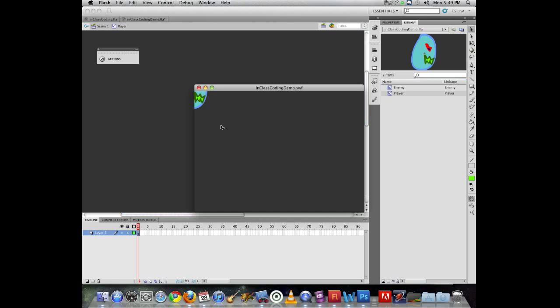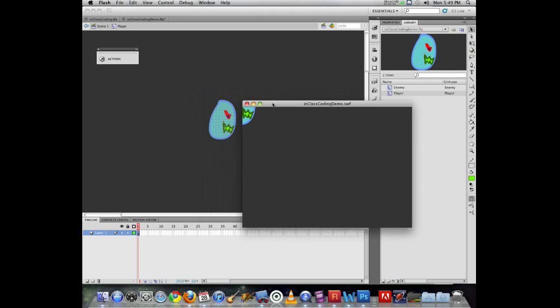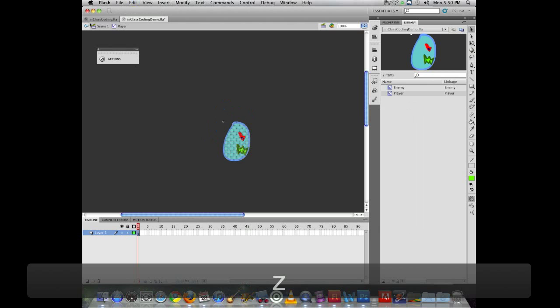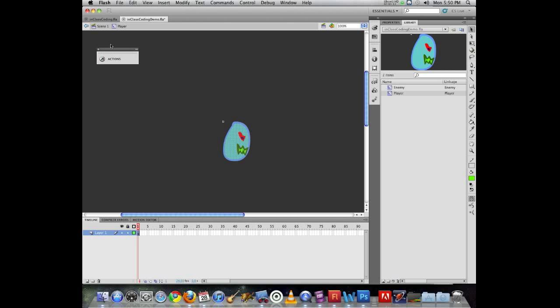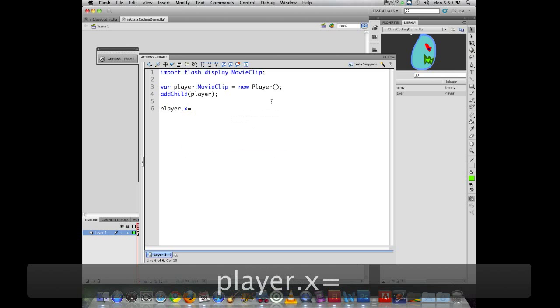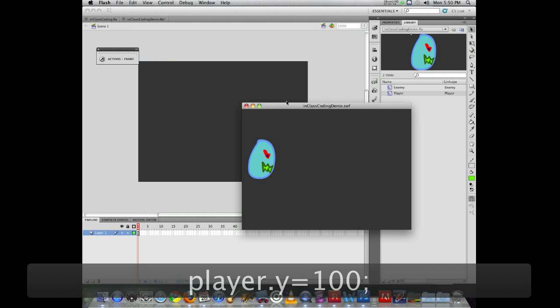So if I do put that there and test my movie, you'll see that, again, that registration point shows up. You can see how it lines up. So I'll just leave them down there. Now, if I want to make my player move, if I want to just declare he has a new position, X or Y, I just set his X or Y position. Player.x equals 20, player.y equals 100. I can test it, and sure enough, it moves him